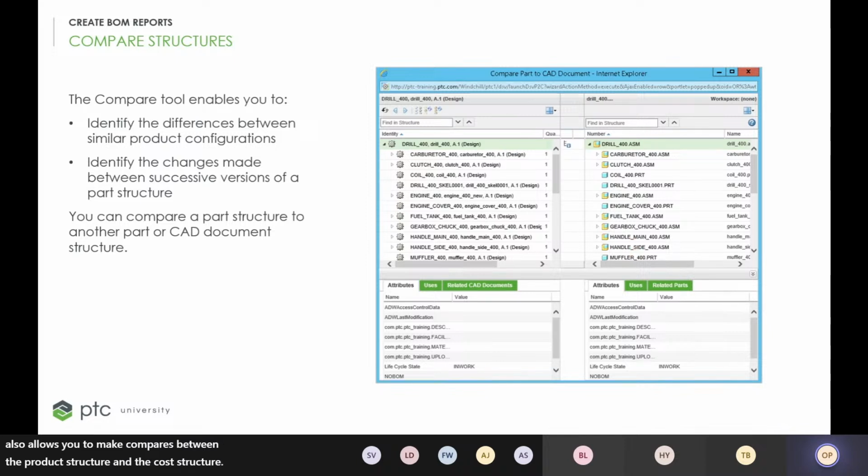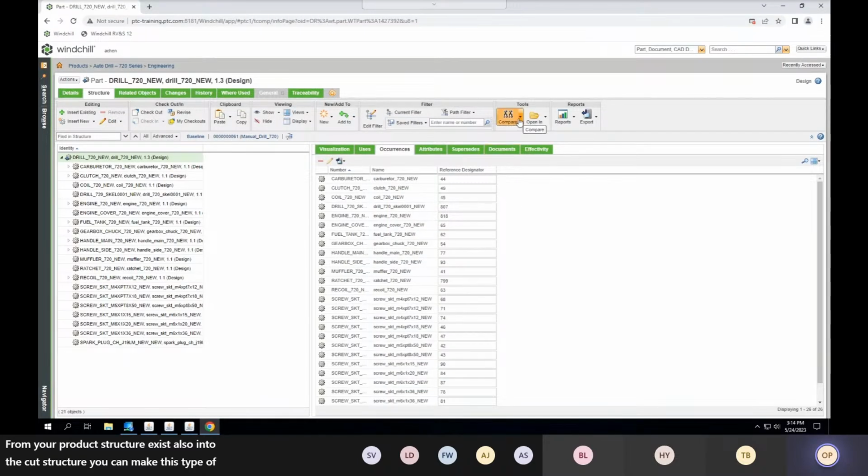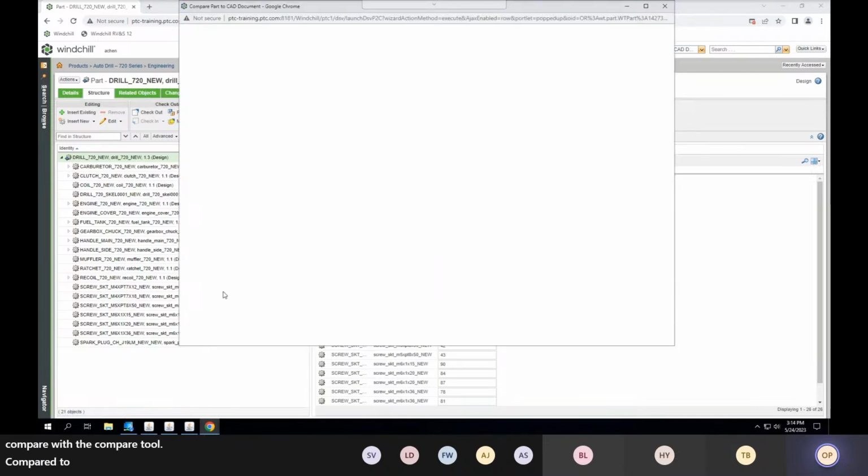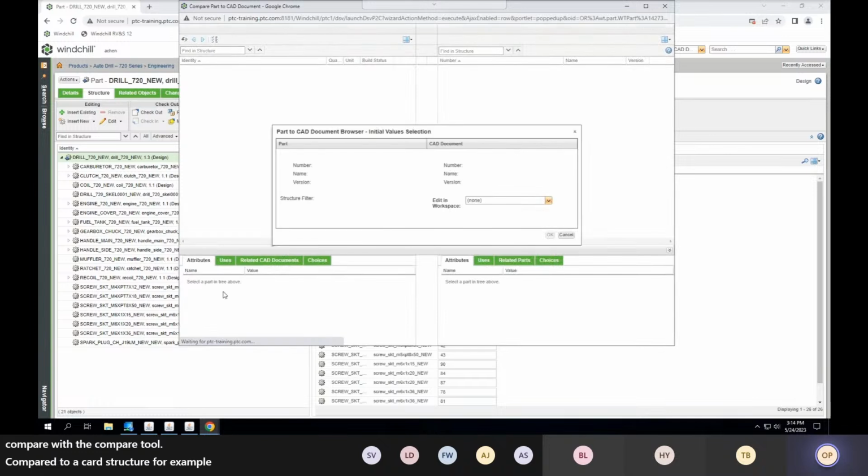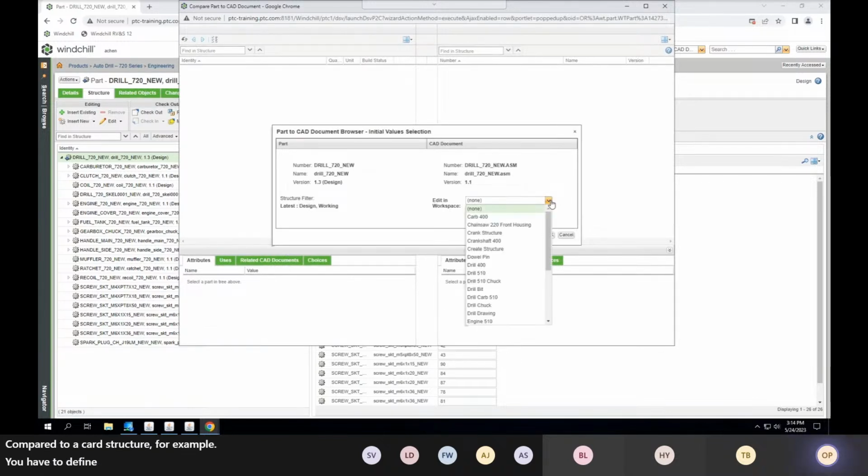For example, to be sure that all the parts from your product structure also exist in the CAD structure, you can make this type of compare. With the compare tool, compare to a CAD structure, for example,